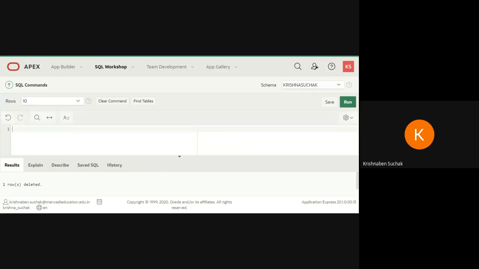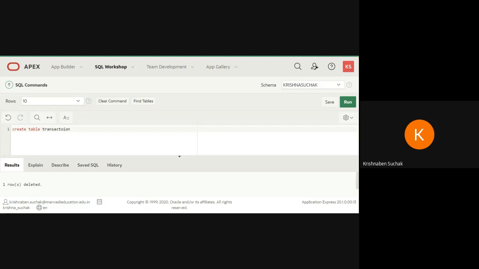You need to write this command: create table transaction. See, fifth query of fourth part, transaction table, that is, create another table, transaction temp from this table.